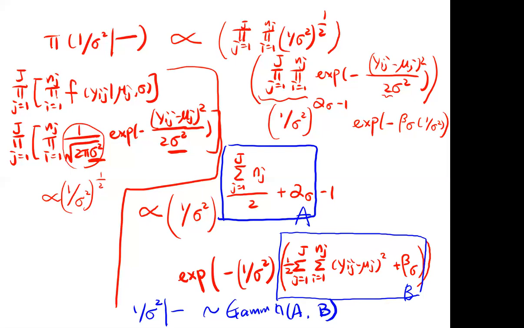But if you look at the other two terms, the sum of nj over 2 and whatever is down there, you can see that all of the groups have to come into play when you are determining sigma, right? You have all of the capital J groups here, and you're doing two summations down here for the second parameter. And this is not surprising because if you remember the model,